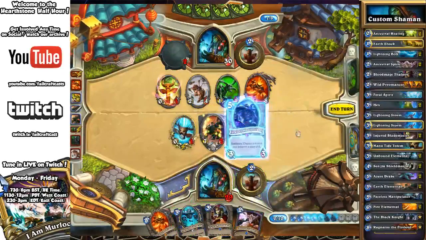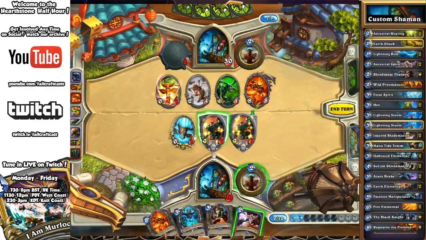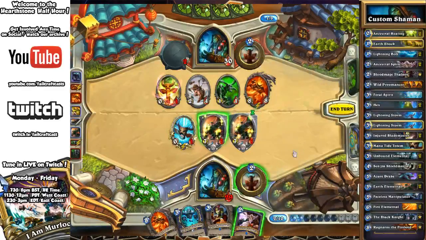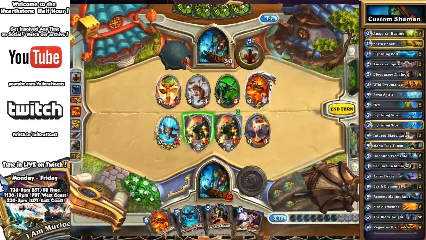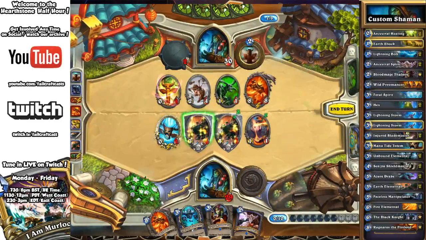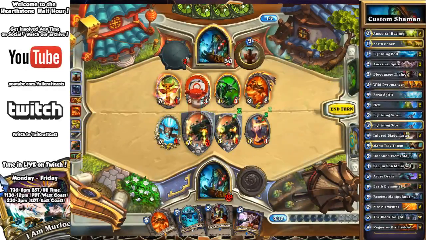So, you know what I do? I do this, and I say, 2 of those, lovely. You see the Faceless Manipulator coming in there very nicely. And then I can Ancestral Spirit another one of these when it comes back to life. So there you go. Right, I cannot quite take down Ragnaros. I've got a whole bunch of options. I'm just going to go for